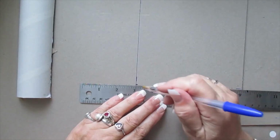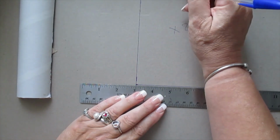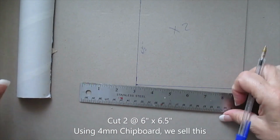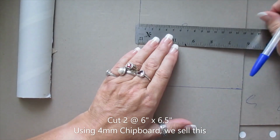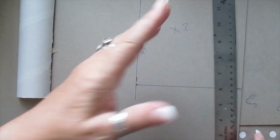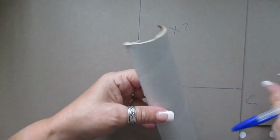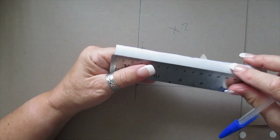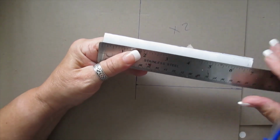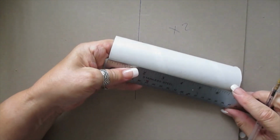Right. So I need 2 at that. So that's times 2. That is 6.5 inches. In centimetres, let's do that. Say 15.5 centimetres by 17 centimetres. Just do it like that, it'll be fine. And make sure this is cut to size. So I now need to just measure this one. Sorry, inches I'm doing. So that's 6.5 is there. Do that side just so that I get it right,